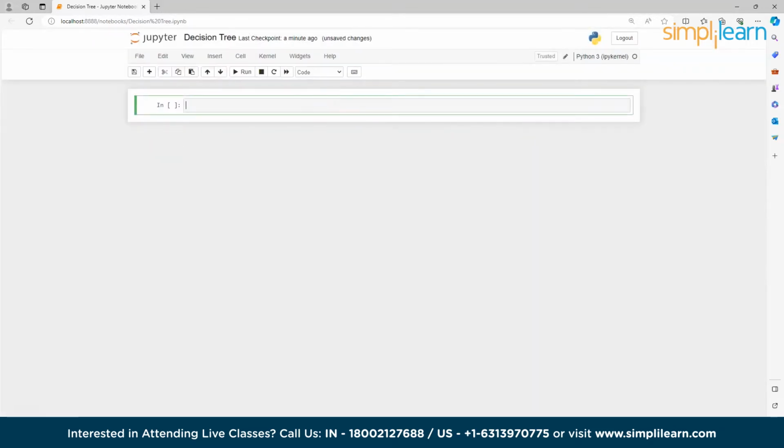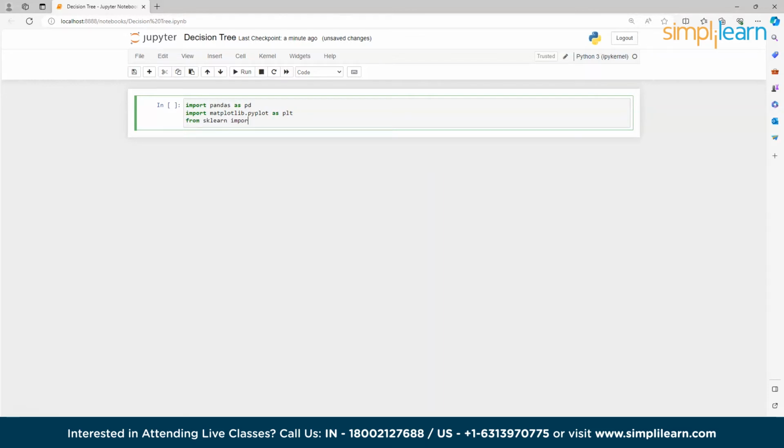So first we will import some of the required libraries here. I will import pandas as pd. Then I will import matplotlib.pyplot as plt. Then I will import from sklearn import metrics, because we'll create a matrix, and then I will import seaborn